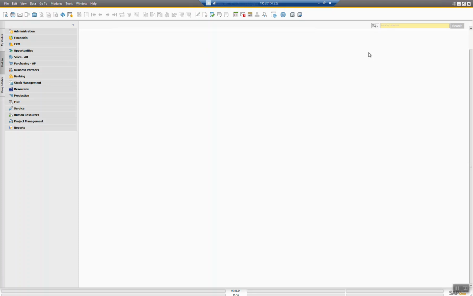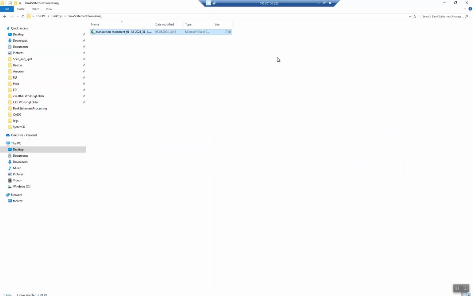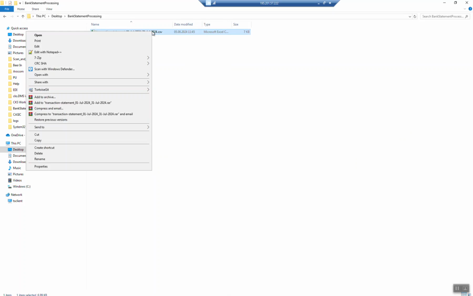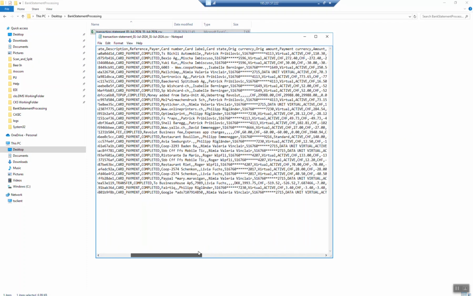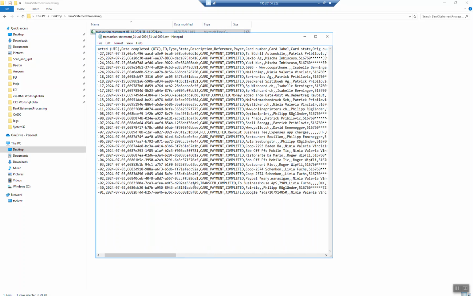For that reason, let's have a quick look at the original file that we have received from the bank or credit card company. That is the file. Downloaded it this morning, and we quickly open it first in the notepad, so that you see how it really looks in its original format. And as you can see, it is a simple CSV file that we got with about 30 entries, and each entry is in a separate line,